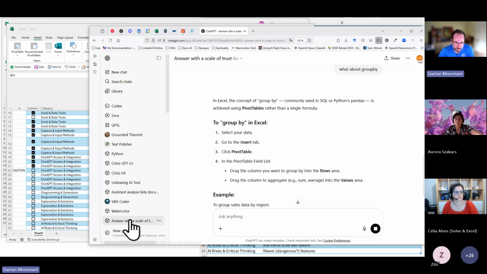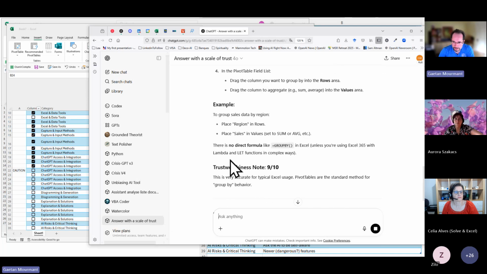And the idea by having a scale of truth, we'll have to get that note. So here is a little bit less sure, and it's saying that pivot table might be better. So by creating that GPT here,